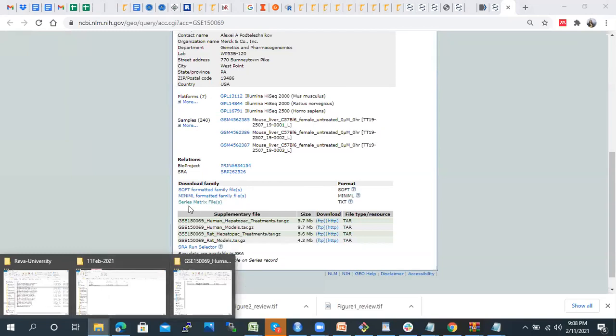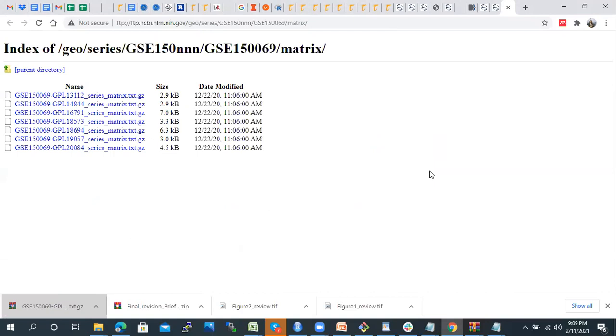This is the series matrix file, where you will get the clinical and demographic features of these samples. Even under the series matrix, you will find there are 6-7 files. So which file do we need to download?